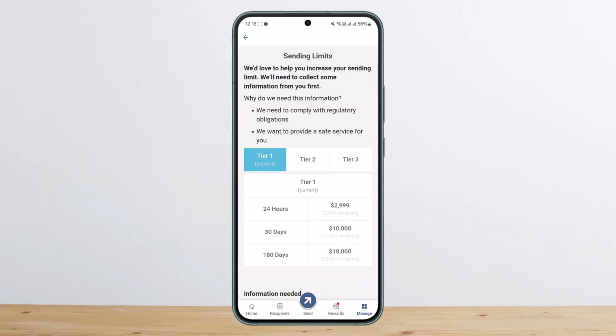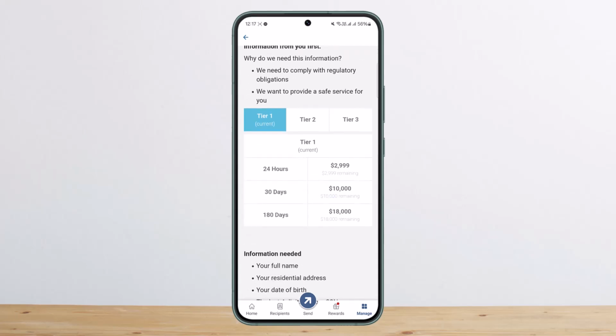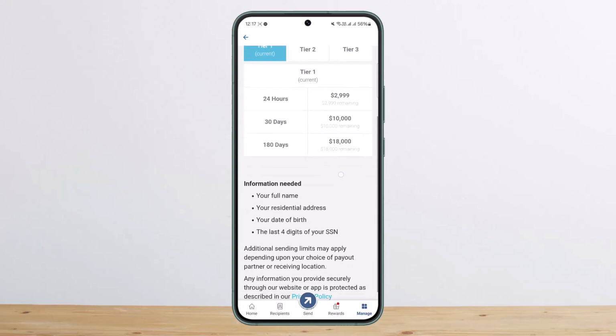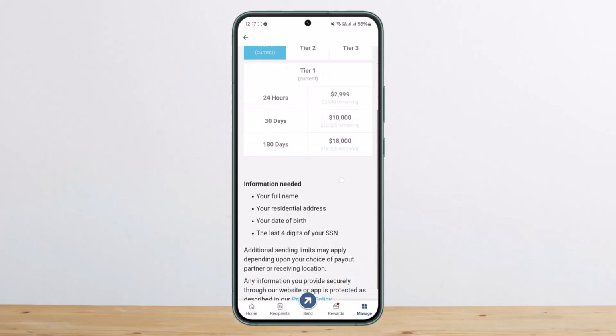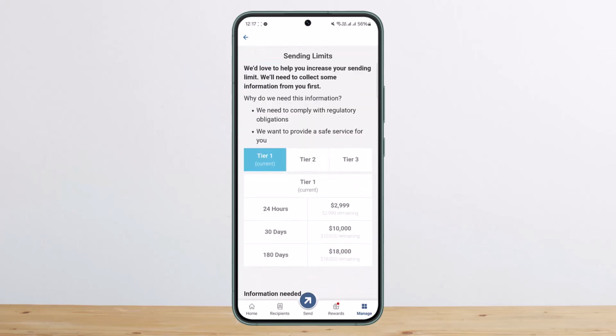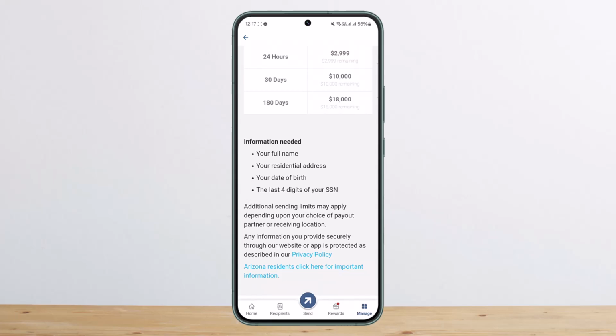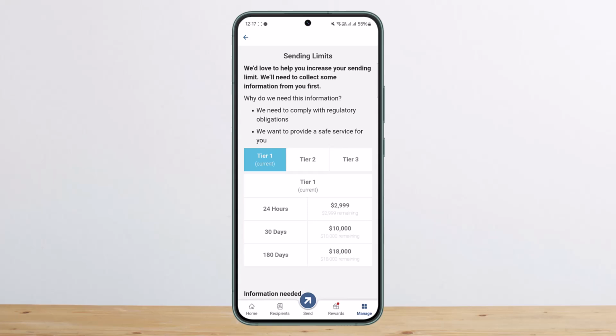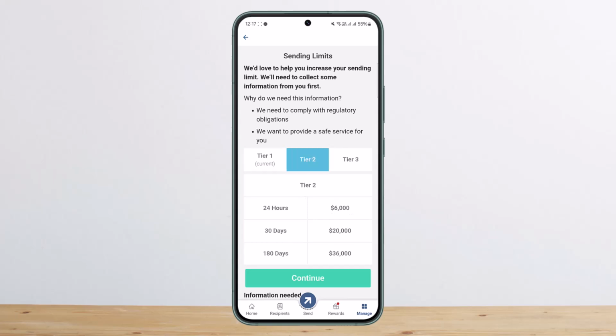So right here, you can see tier 1, tier 2 and tier 3. Now here you can see what information is needed. So what do you need? Your full name, your residential address, your date of birth and last 4 digits of your SSN. Then once you do this, if you want to upgrade furthermore, then you'll have to verify furthermore and head into